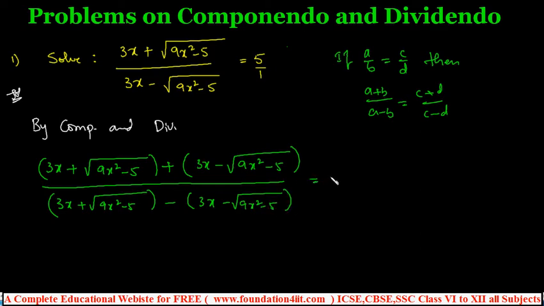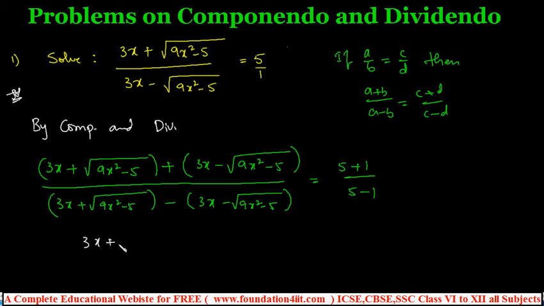I will show you once with a few sums, and based on that you can do the remaining also. Even c by d, that is (5 + 1)/(5 − 1). Only for the problems which have the same terms but with opposite sign can we use this method. Now let us simplify this.